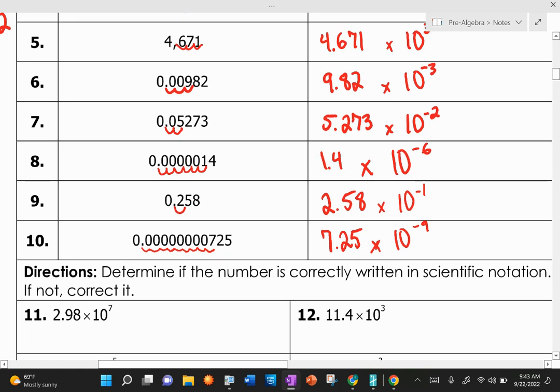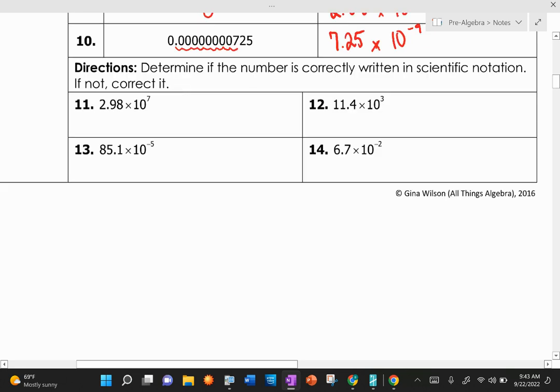All right, here's the rest of them, starting with number 6. Okay, so in the next section, what you've got are numbers already written in scientific notation. If they are written correctly, then you just say yes or correct. Just mark it in some way. If they are not correct, you need to fix it. So, for instance,